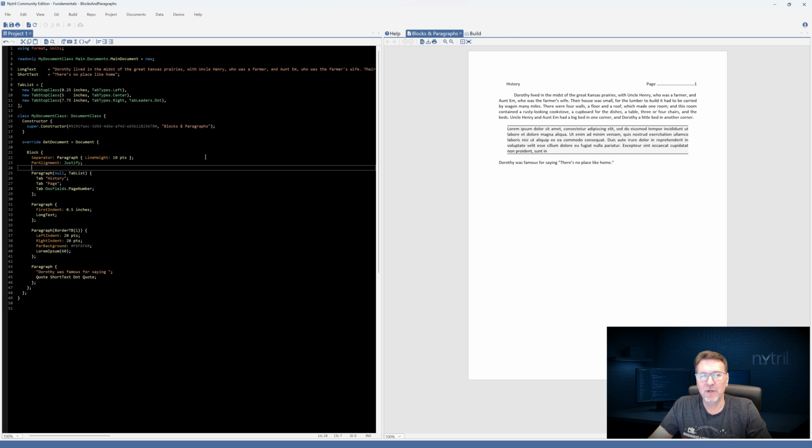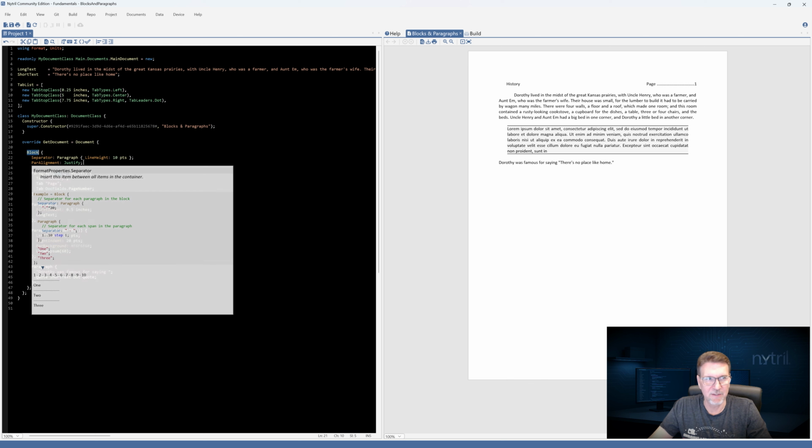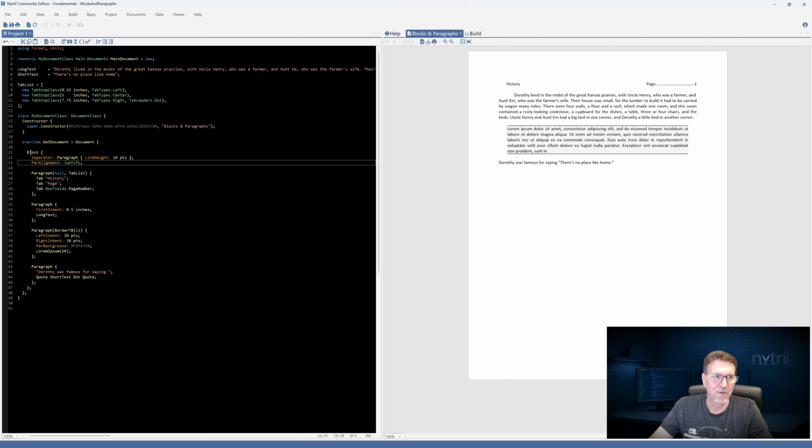So right about now, if you watched our fundamentals video on formatters, you're saying to yourself, wait a minute, a document formats its stuff in a block-like manner. So why do you have a block here? And you're absolutely right. I put the block here specifically for illustration purposes, but it's important to note that when things have block-like behavior, then they will behave exactly like a block.